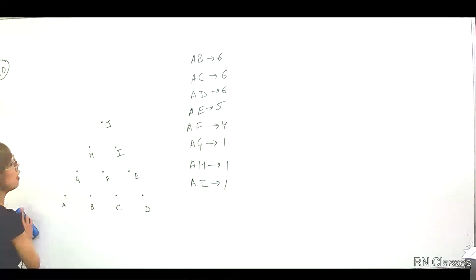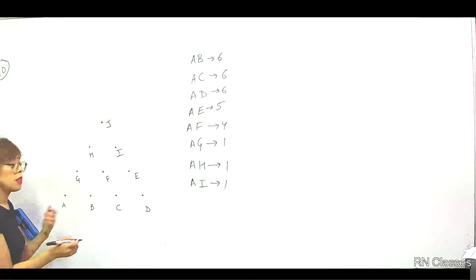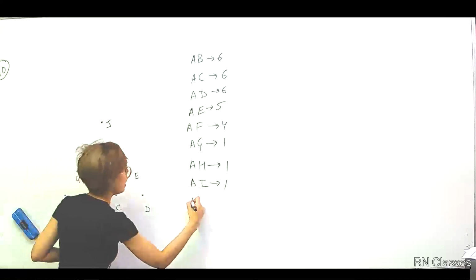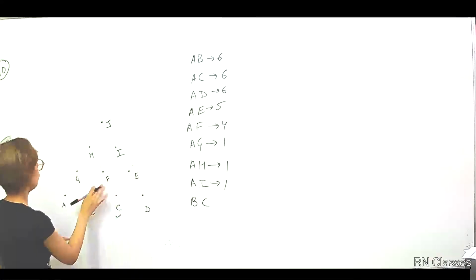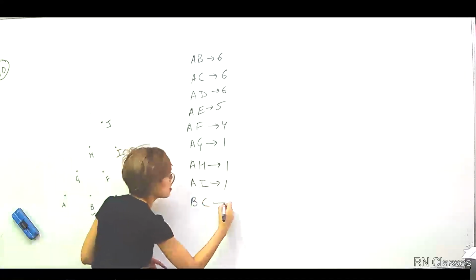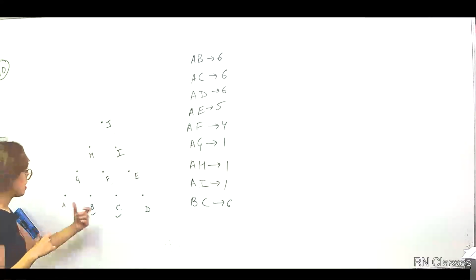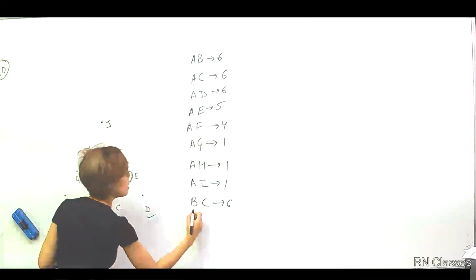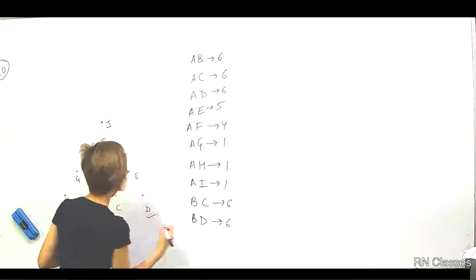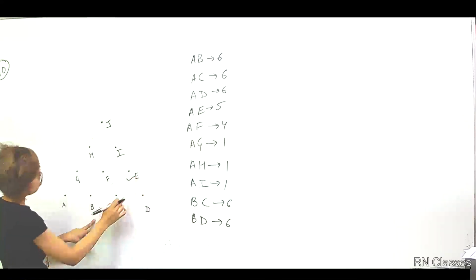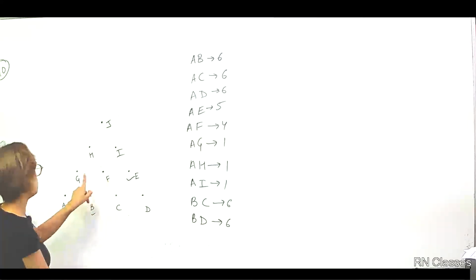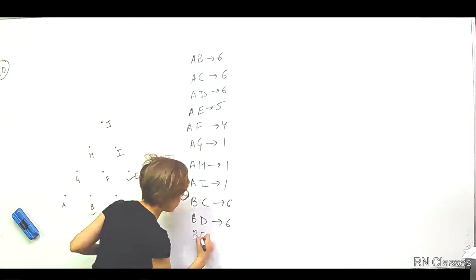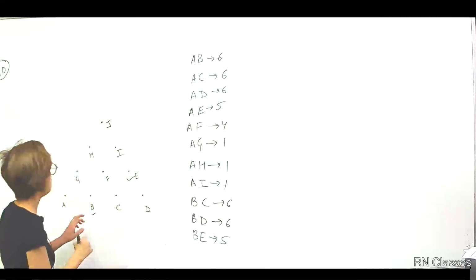So A1s are done. So let's start with B now. So BC, obviously I'm not taking D. So BC, if I take, I'll get 1, 2, 3, 4, 5, 6. 6 circles. Then let's take BD. So obviously 1, 2, 3, 4, 5, 6. BD again 6. Right? So let's take BE. So BE. Along with that we can have this. So 1, 2, 3, 4, 5. So BE 5. Right? BE is done.